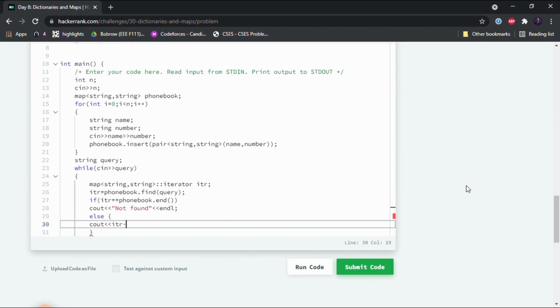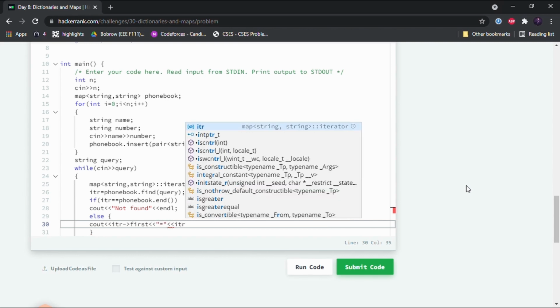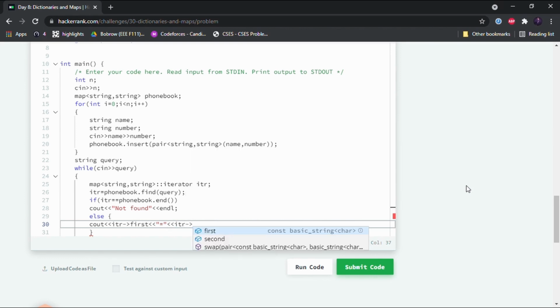The iterator is at the memory location of that element in the map, so with the iterator, when we have to access the first value of the pair, we use first, and then we write the equal to sign, and then we access the second element, which is the mapped value. All right, and then we'll leave that line.